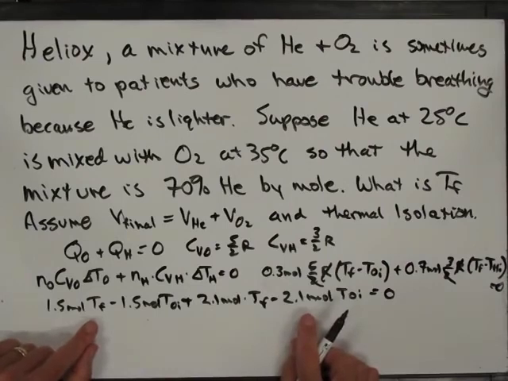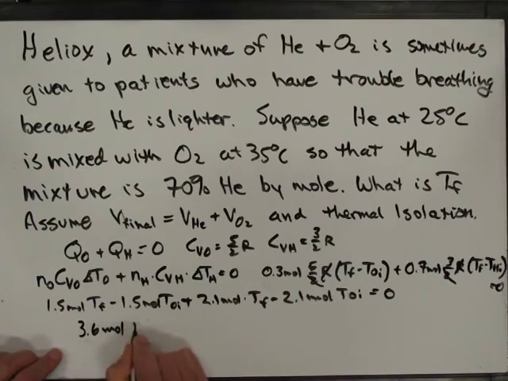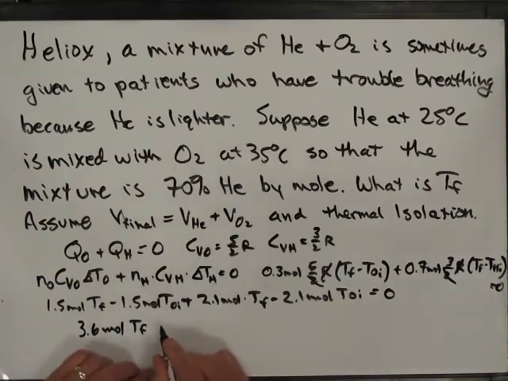And so I just want to solve for T final, and so I'm going to add those two guys up. I get 3.6 moles times T final equals, I'm going to move the negatives to the other side,